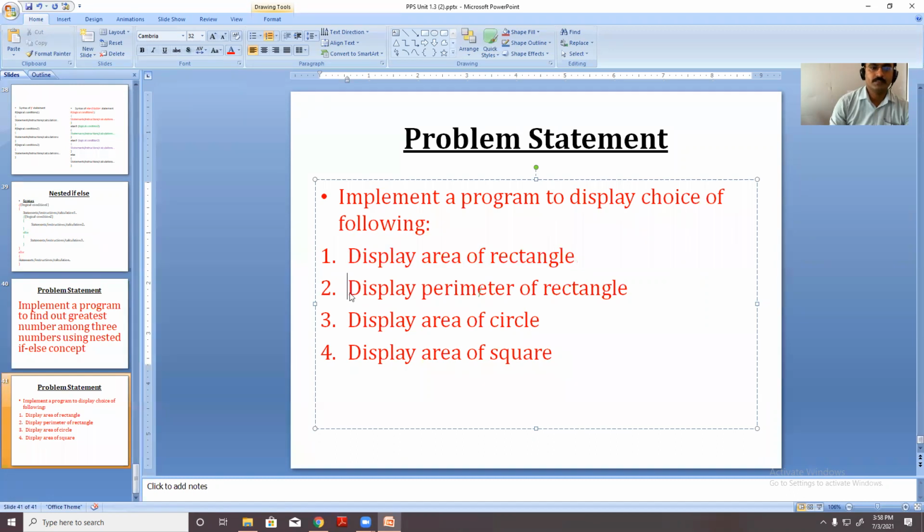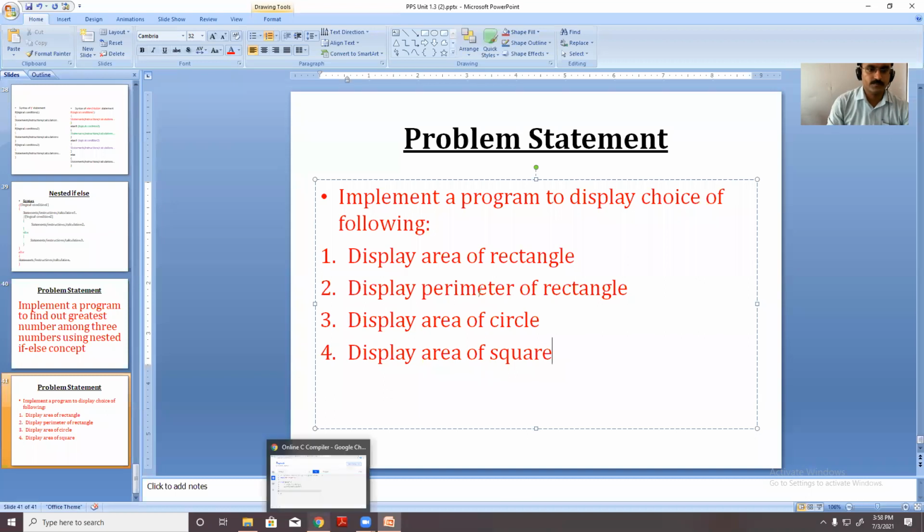If I'm giving the choice 2, it should display the perimeter of rectangle. When I give the choice number 3, it should display the area of circle. And when I give choice 4, it should display area of square.